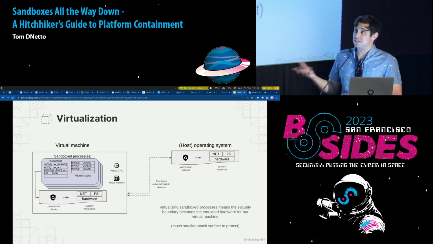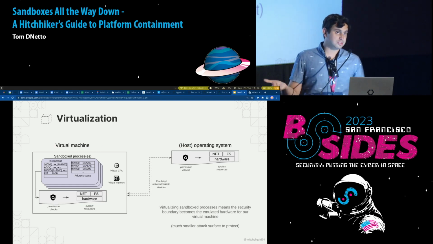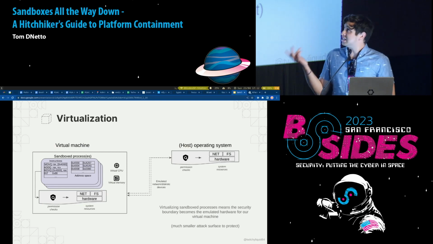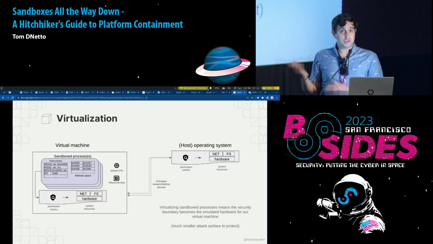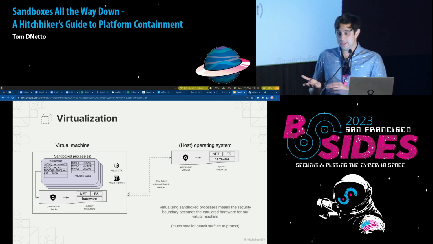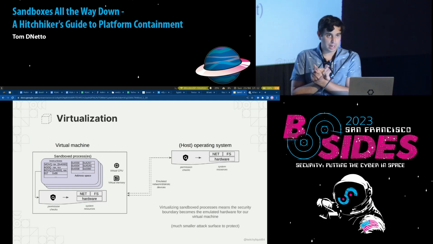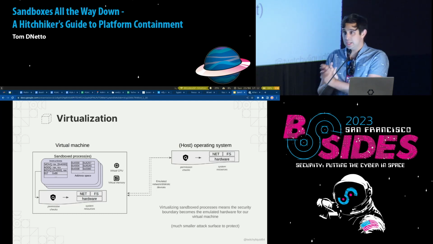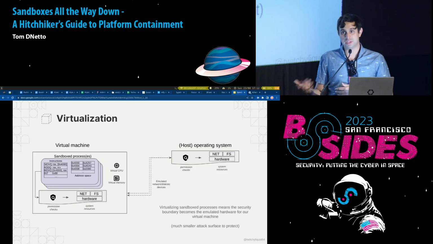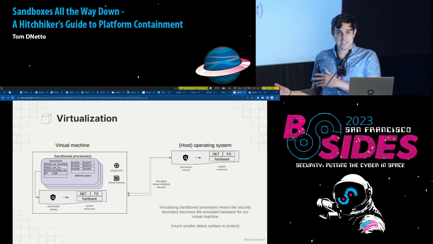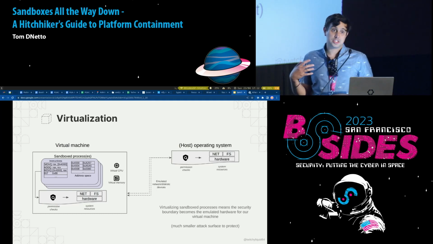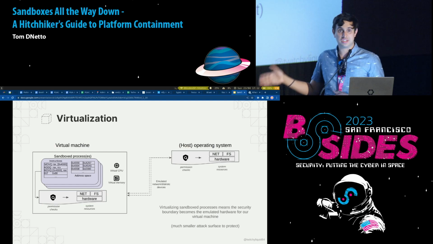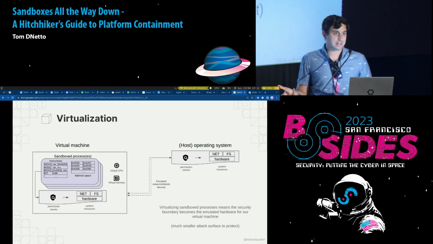Despite what you might think, this does look complicated, but it actually ends up being a smaller attack surface to defend. The interface between a virtual machine and the host machine is mostly just some basic primitives. You need the ability to have disk, so that's reading and writing bytes at certain offsets. You typically need the ability to send network traffic, so that's reading and writing Ethernet frames. That kind of send-receive interface we can build pretty easily and be fairly confident that we've done a good job. So that, compared to implementing every system call, ends up being a much smaller attack surface that is much easier